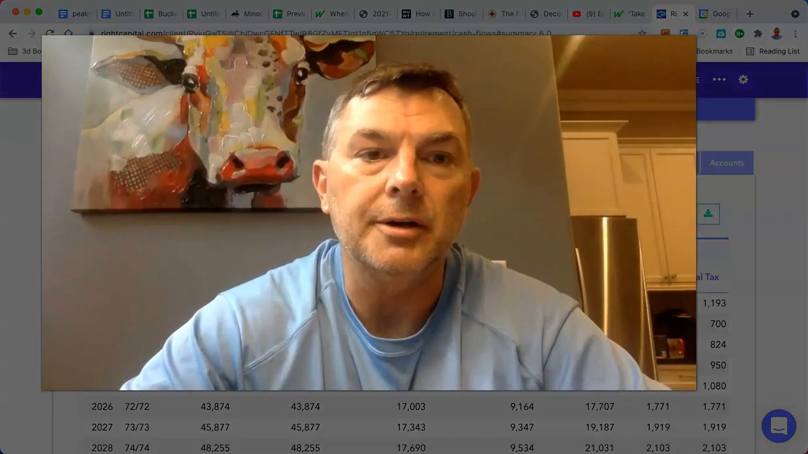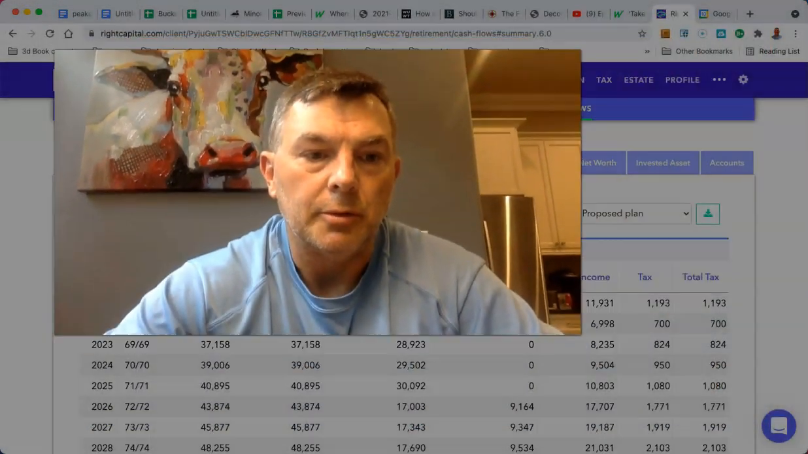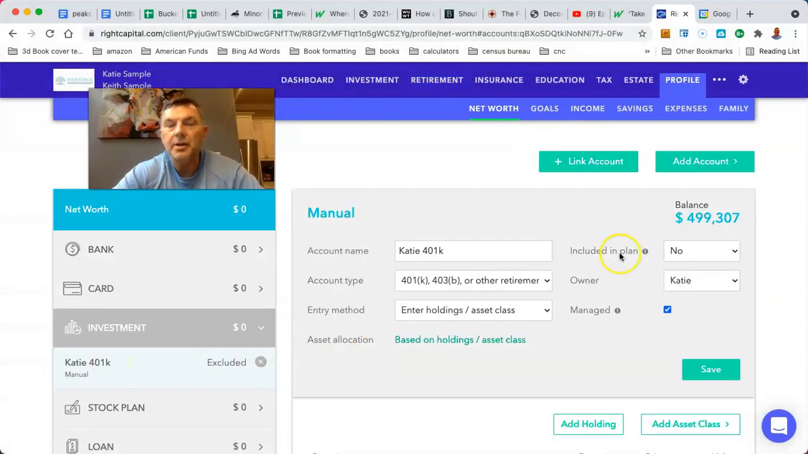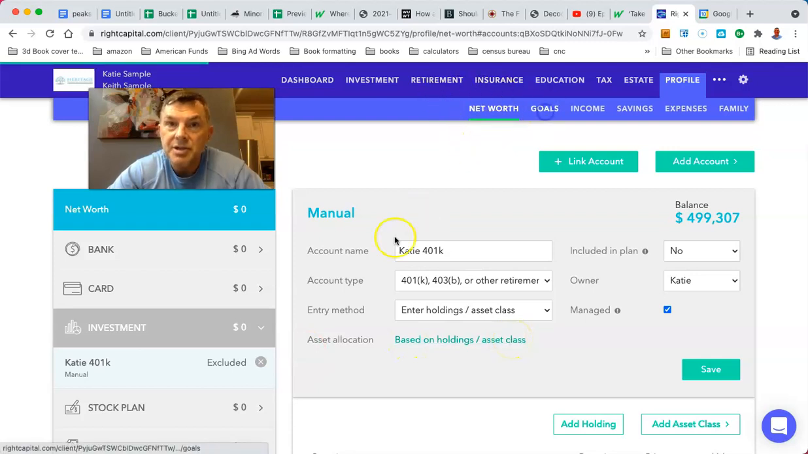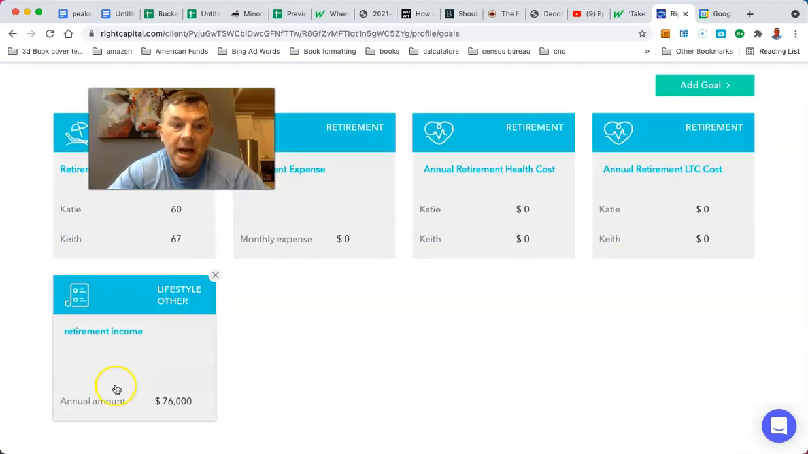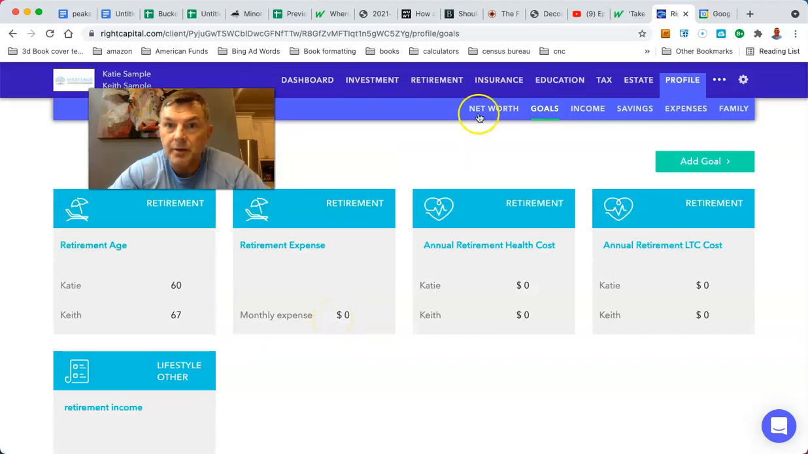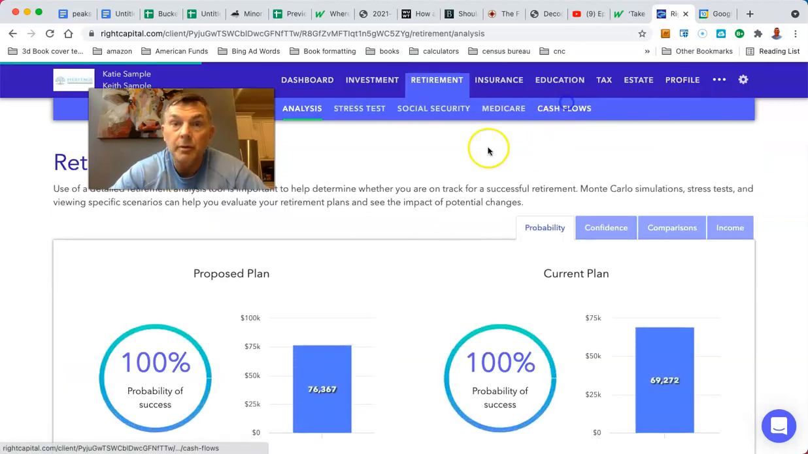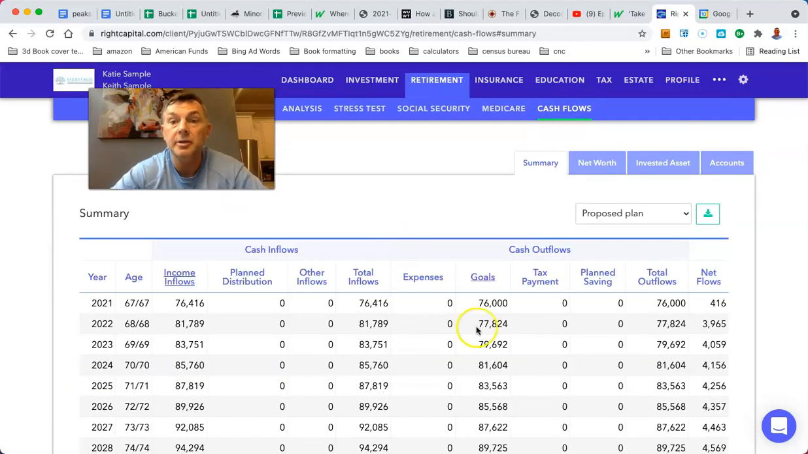Again, I just want to be clear. Well, let me just show it to you real quick. We're going to go back and let me pause. All I did is I did not include Katie's 401k in the plan. And I went back and I changed the amount of income they need from 96 to 76,000 bucks. All right. So if we go back to retirement, we're going to see that we have no taxes at all, right? None whatsoever. Why? Because there is no taxable income, because when Social Security is your only income, there's no taxes. And if we go to the 1040,